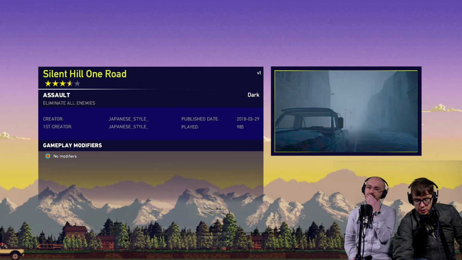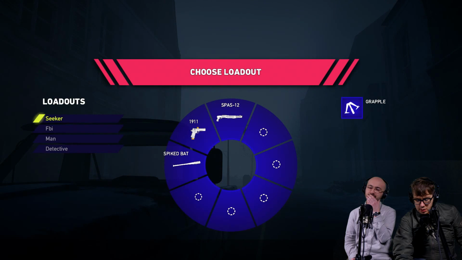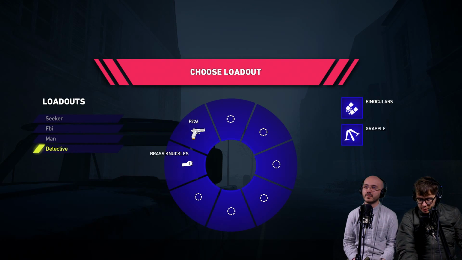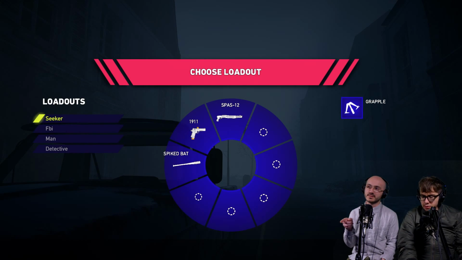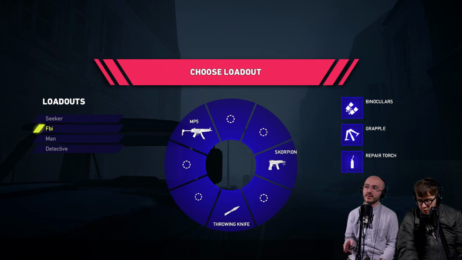Because I done seen a lot of them. That's a good question. I gotta think about this. All right, what are we doing? We're doing FBI. So you can also customize loadouts for players to choose from before they start. I'm gonna go FBI because he's got binoculars, a grappling hook, and a repair torch that I might need. So let's be the